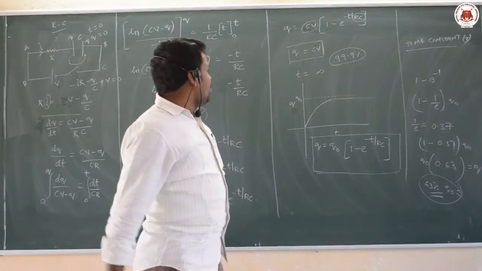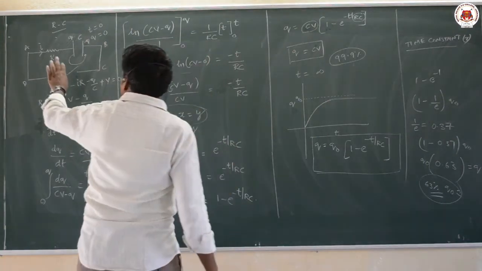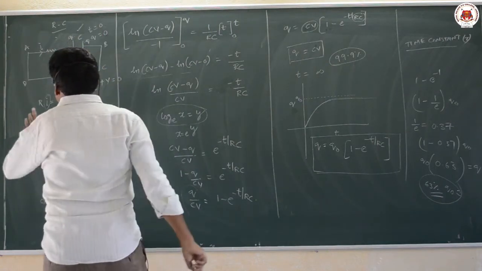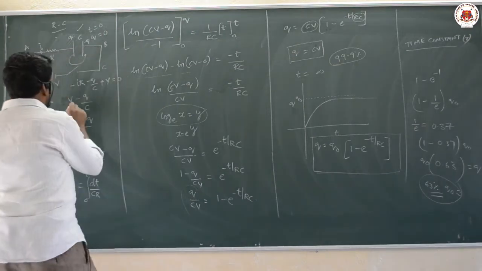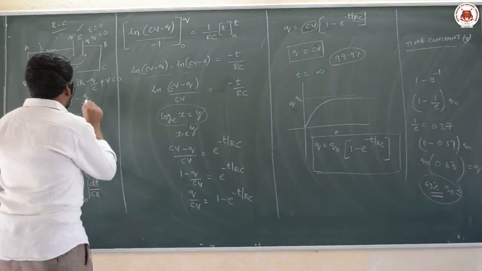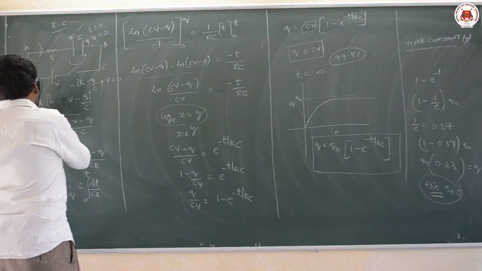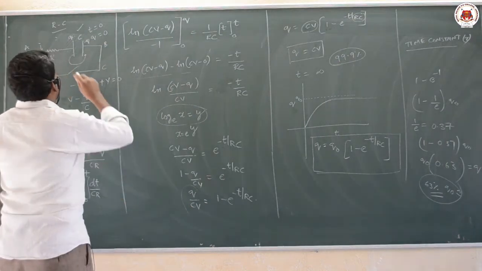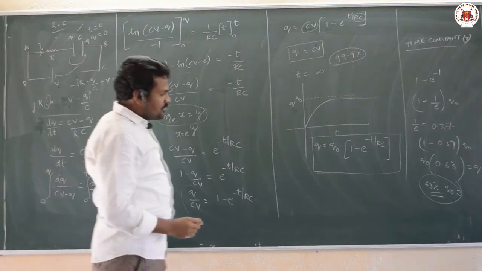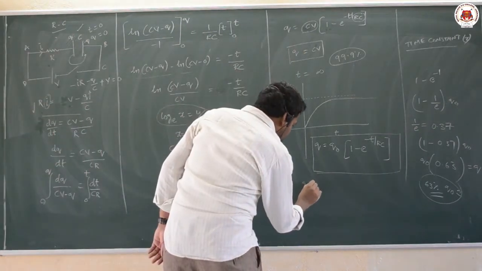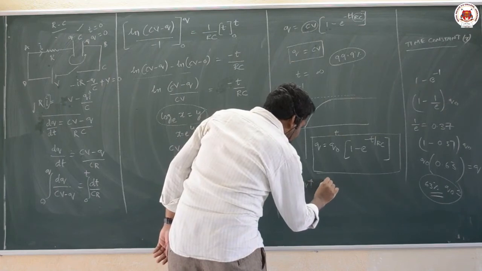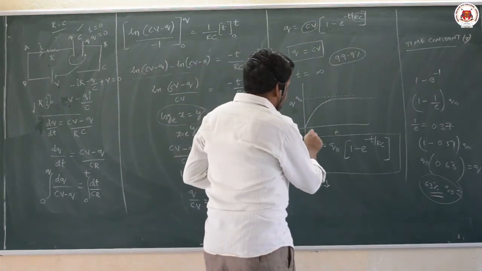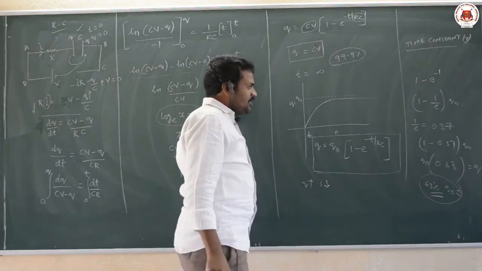Again that charge will decay. And here one more interesting point is, when charge increases, you can observe in this formula I into R is equal to V minus Q by C. When charge increases, current decreases. At the time of charging of the capacitor, charge across the capacitor increases, whereas current will decrease. So based on this formula, there will be some questions by giving the time constant.